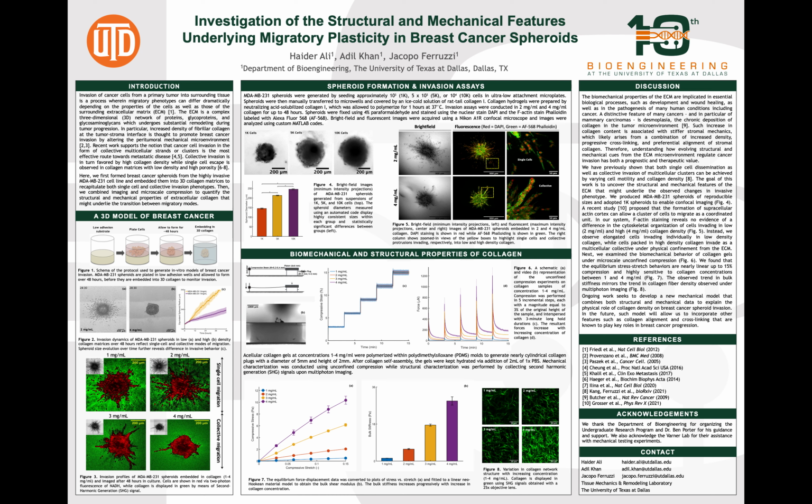The invasion of cancer cells from a primary tumor is a process that depends not only on the cells themselves, but also on the extracellular matrix, or ECM. The ECM is a complex 3D network of proteins and glycoproteins that undergoes extensive remodeling during tumor progression. In particular, increased density of collagen at the tumor stroma interface is thought to promote breast cancer invasion by altering